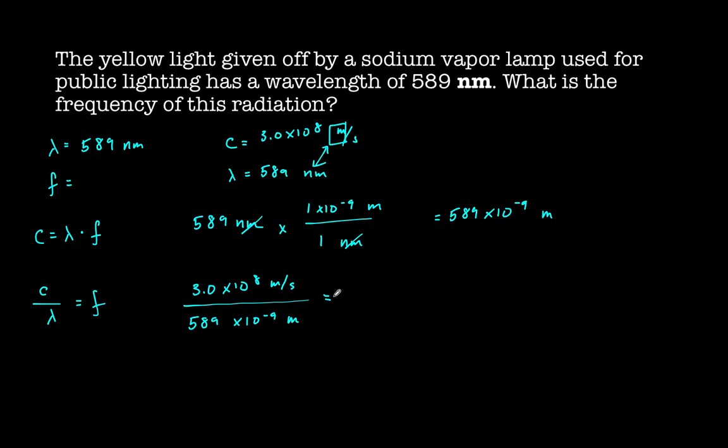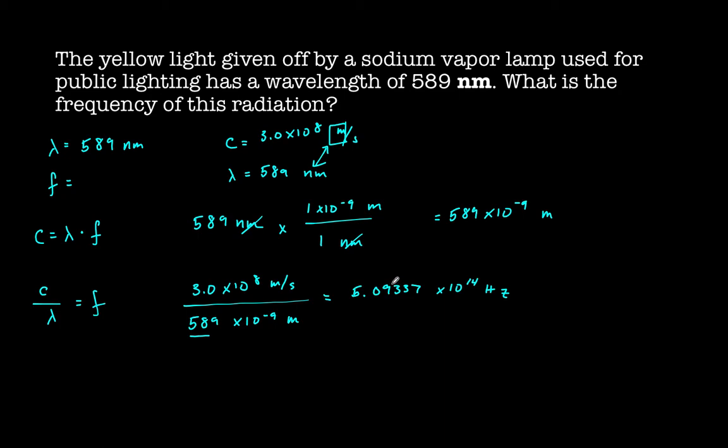So plug it in with me again, same thing, 3e8 divided by 589e-9 equals 5.09337e14. So 5.09337 times 10 to the 14th hertz. But now we, as always, need to take our sig figs. We have 3 sig figs from my wavelength, and the wavelength is the only measurement here in this problem, meaning